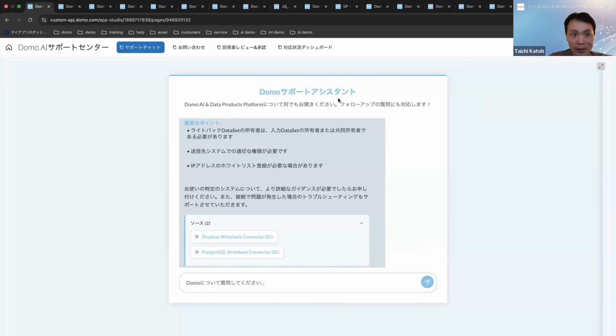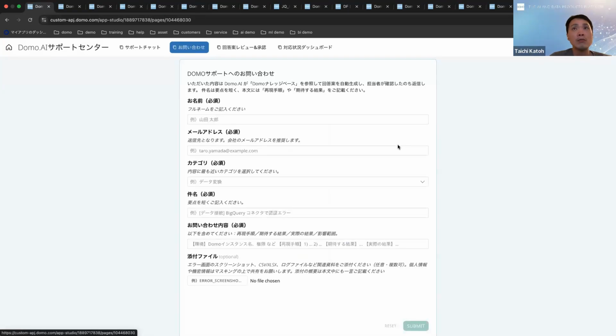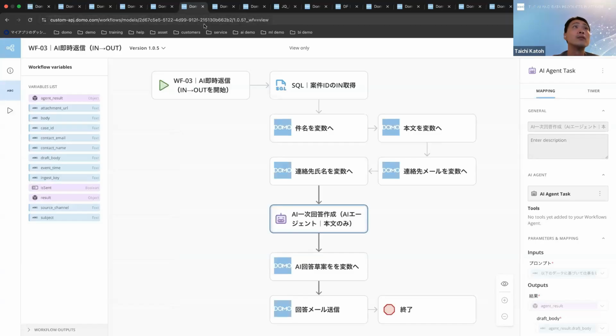So this is one example of how to use the chat feature. Of course, you can also use chat directly within Domo. But I thought just this alone might not be that interesting. So I created a more advanced example of chat usage. This uses the form feature I introduced earlier. If you submit a question or inquiry about Domo through the form,